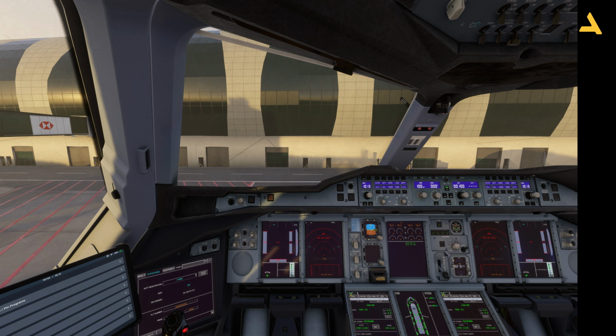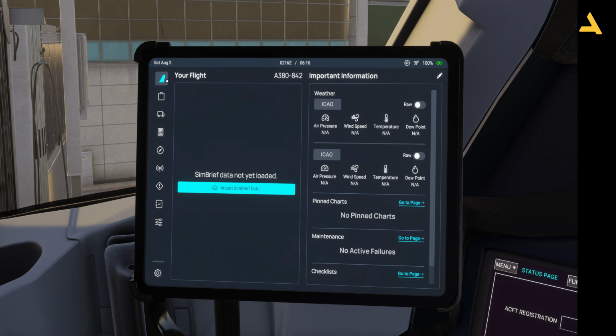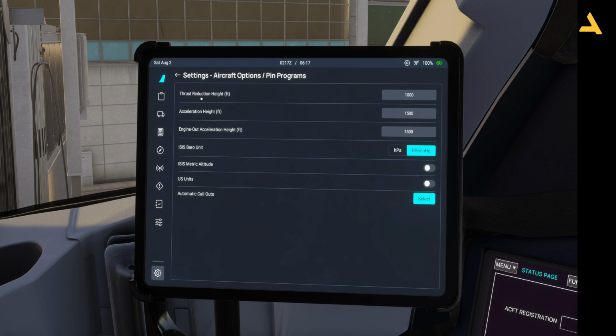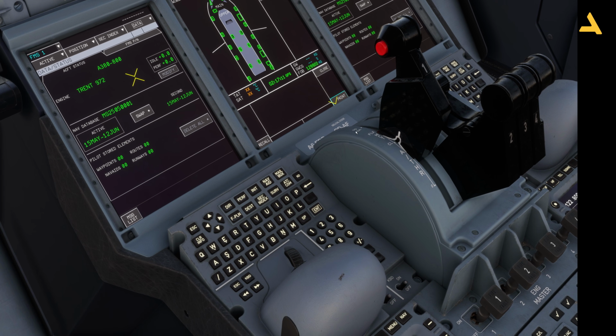So if you press Shift 0, you will go to the EFB, and over here you can see the options. Although the default view is this, if you press this, you will get the options. So let's go through the first option, which is aircraft options and pin programs. Over here you have the thrust reduction height. This is the height at which you change the thrust levers position from TOGA or FLEX to